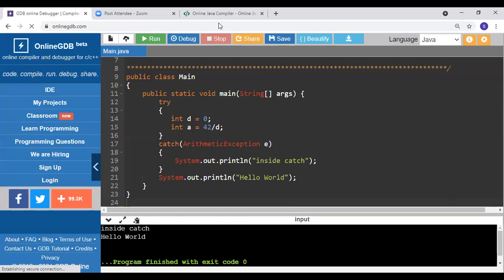Fine, now I got the output. You can see here, students, I got the output "Inside catch." You see that? That's what I said. Whenever arithmetic exceptions occur,